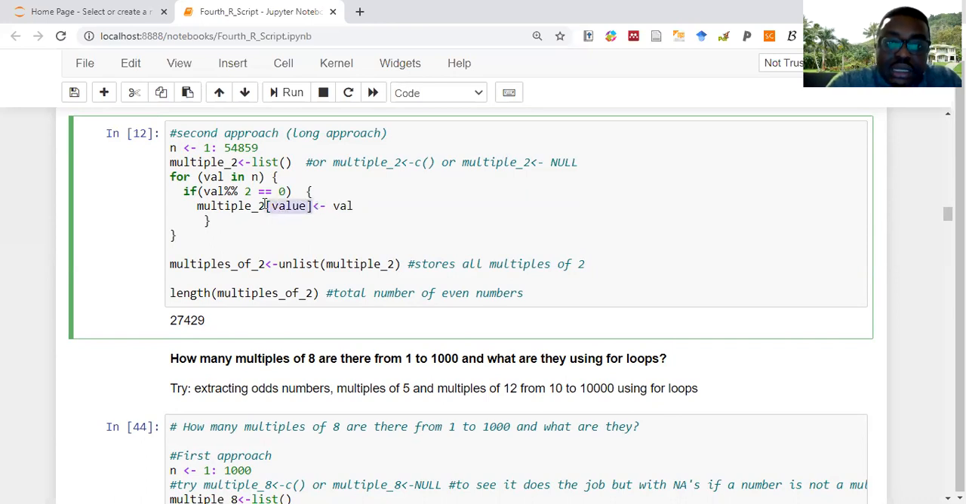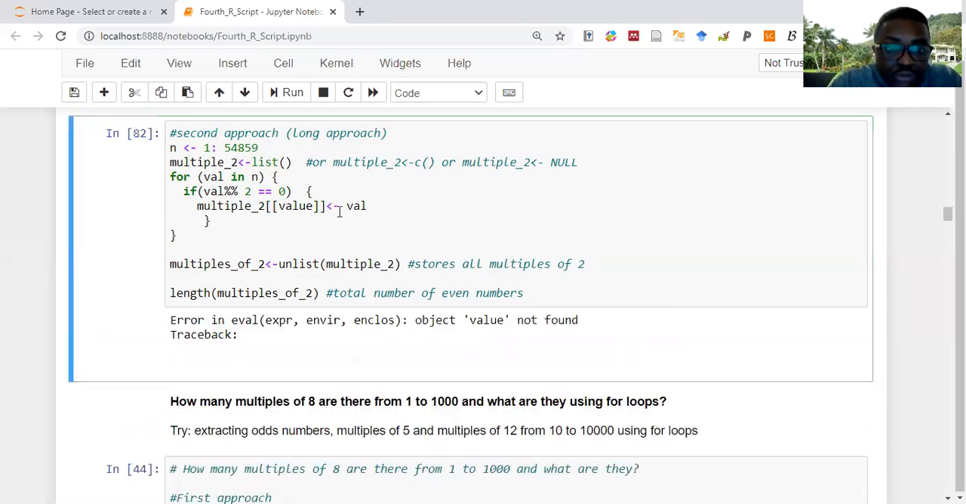So this one is, if it was a vector, if I had created the multiple_2, if I had written numeric of something, or if I had written replicate of something, then I would have used a single square bracket to extract or to save each entry, right? Or each result. But if it's a list, you use double square brackets. So that's one thing you have to keep in mind, okay? And now let's see what happens. So if I run this one,